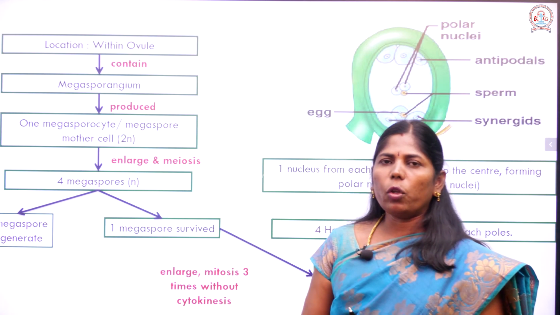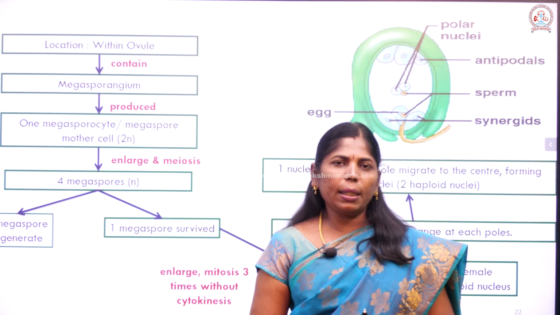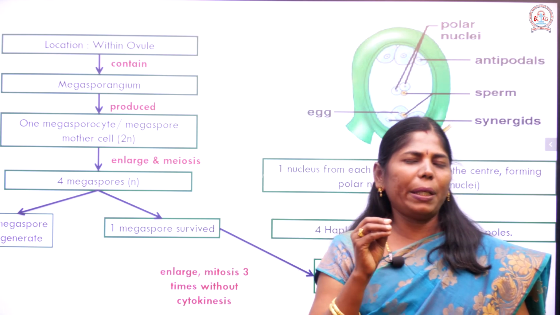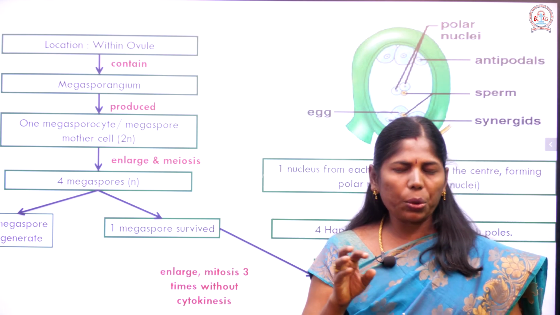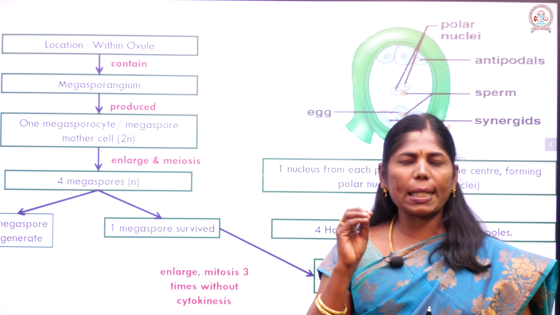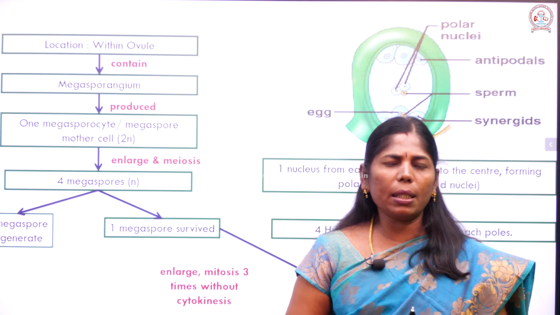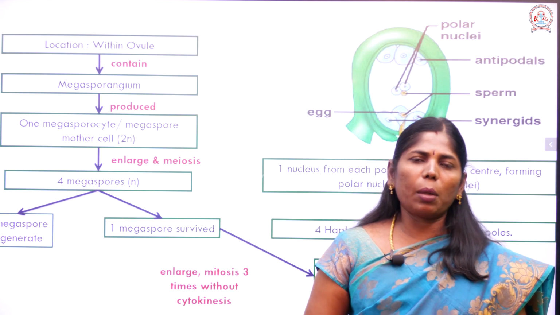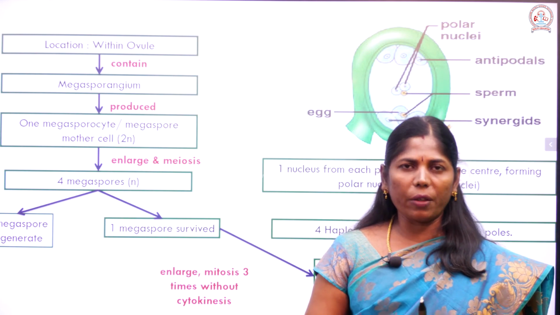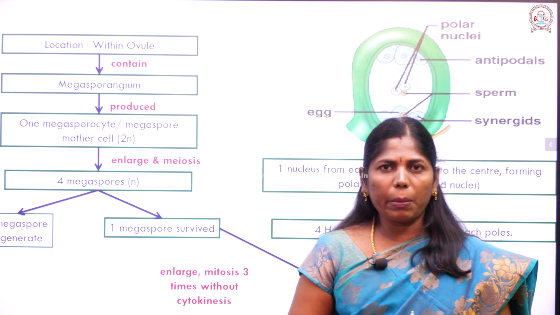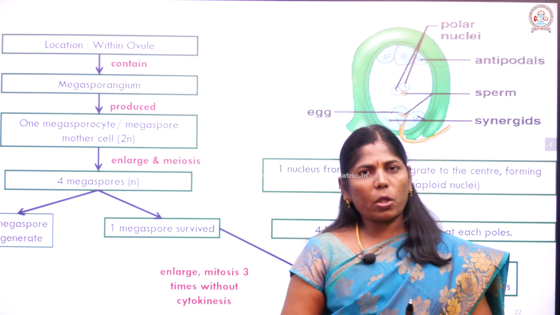So okay children, I hope you could understand this concept very easily. It's a very important topic, so you must keep it in mind. எங்க வந்து mitotic division நடக்கும், எங்க meiosis நடக்கும், எவ்வளோ cells functional megaspores அப்படிங்கறதெல்லாம் நீங்க நோட் பண்ணிட்டீங்கன்னா it is very easy. And you must draw the diagram also, very important. Half of the marks is carried by the diagram only. So please keep it in mind.